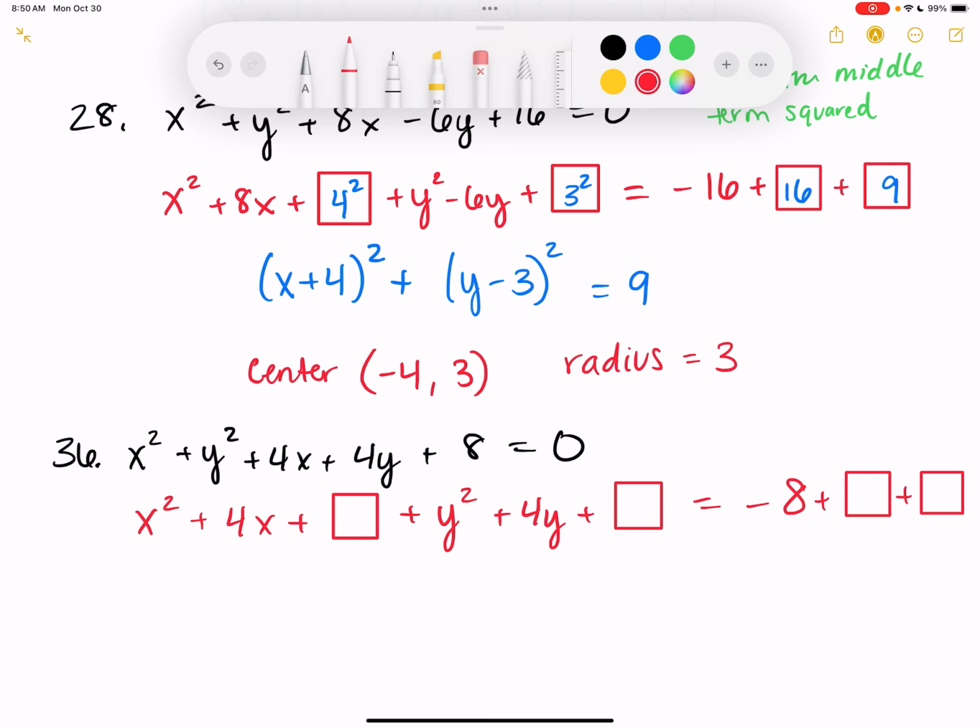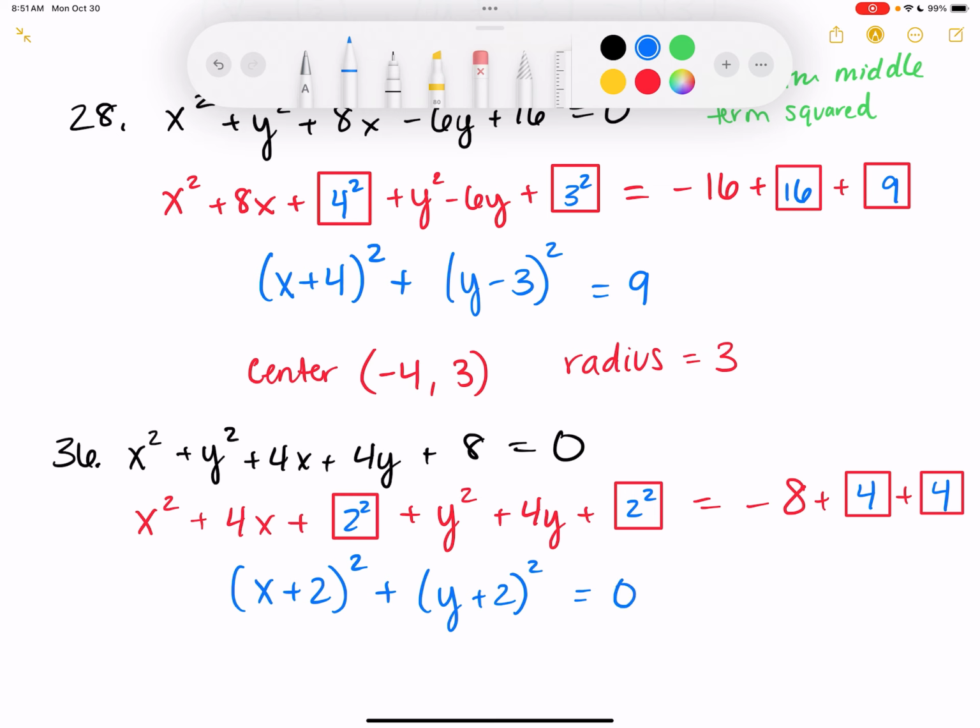So what is going in these boxes? 2 squared, and that's going to be for both because they both have a 4 in the middle. So that means over here, I've got a 4 and a 4. So what does the x part factor into over here? X plus 2 squared. Yep. Plus, what does this part factor into? Y plus 2 squared. Yep, y plus 2 squared equals